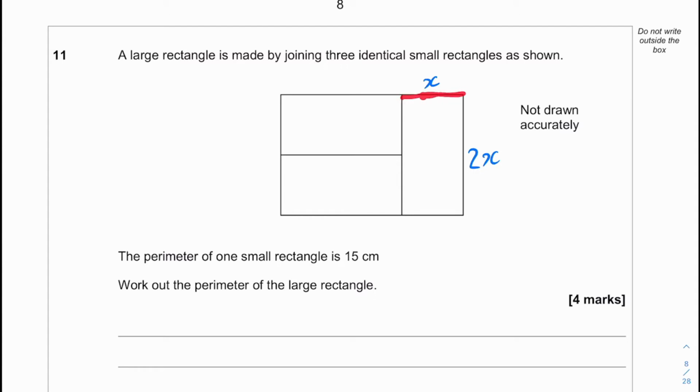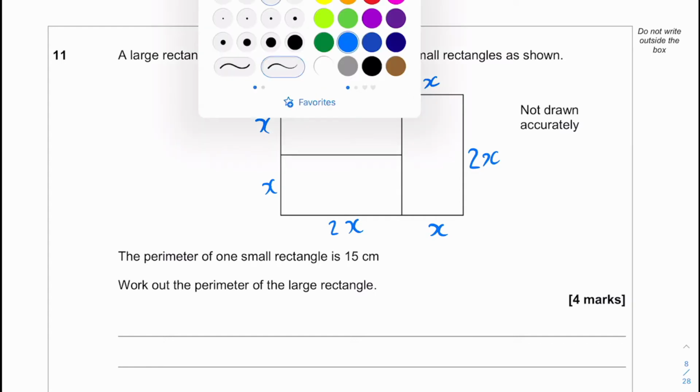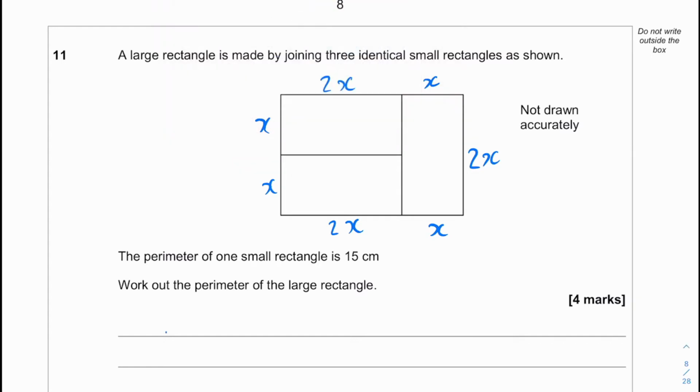We've got our short length here, which we've denoted as x, and we can see that 2 of the short lengths here make up the longer length, so therefore the longer length is 2 times the shorter length, hence 2x compared to x. Okay, so now let's see what other sides we've got in the diagram. We've got a 2x here, we've got an x, a 2x, and an x. So if we add all these up, we can say perimeter